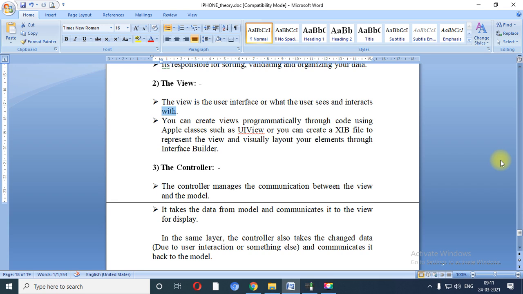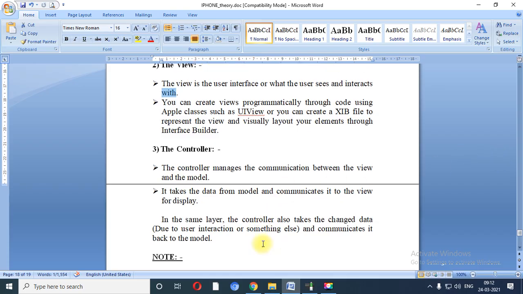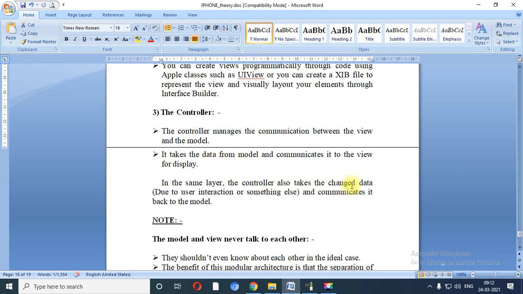Next is called controller. The controller means what? It has control over the model and view. So it is used to manage the communication between view and the model. It takes data from the model and communicates it to the view for display. In the same way, the controller also takes the changes due to the interaction or something else and communicates them back to the model.